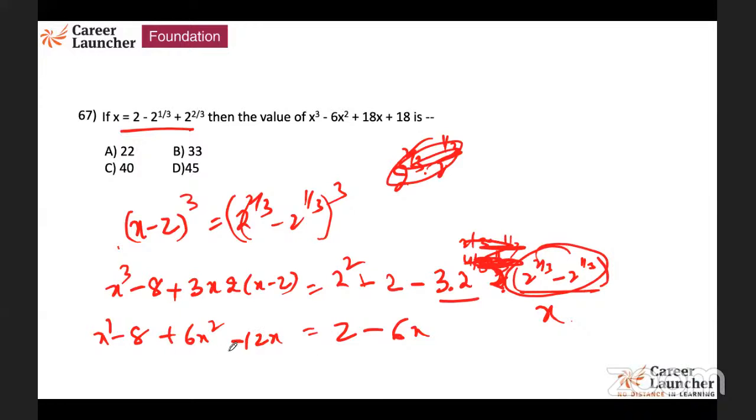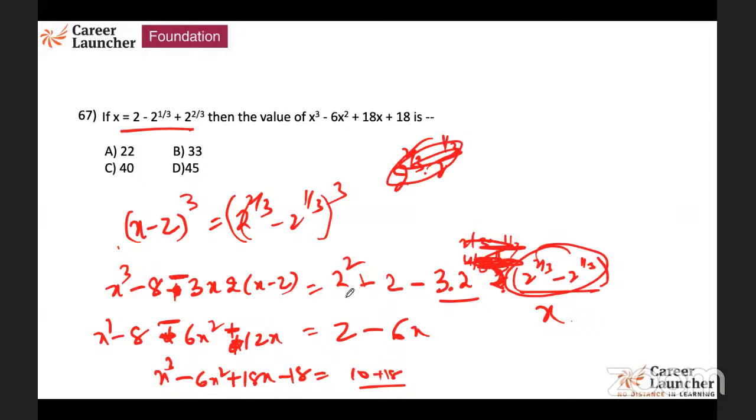Plus 18 you need to do, right? Plus 18. This has to be minus, my mistake. Minus, this has to be plus. So x cube minus 6x square, this is plus 12x, of course. So x cube minus 6x square plus 18x minus 2 it will come. x minus 8 minus 2 minus, is equal to, actually I'll get equal to 10. Minus 18 I want. I have to add plus 18 here. Is it correct? So I get something like 20. My apologies, guys.